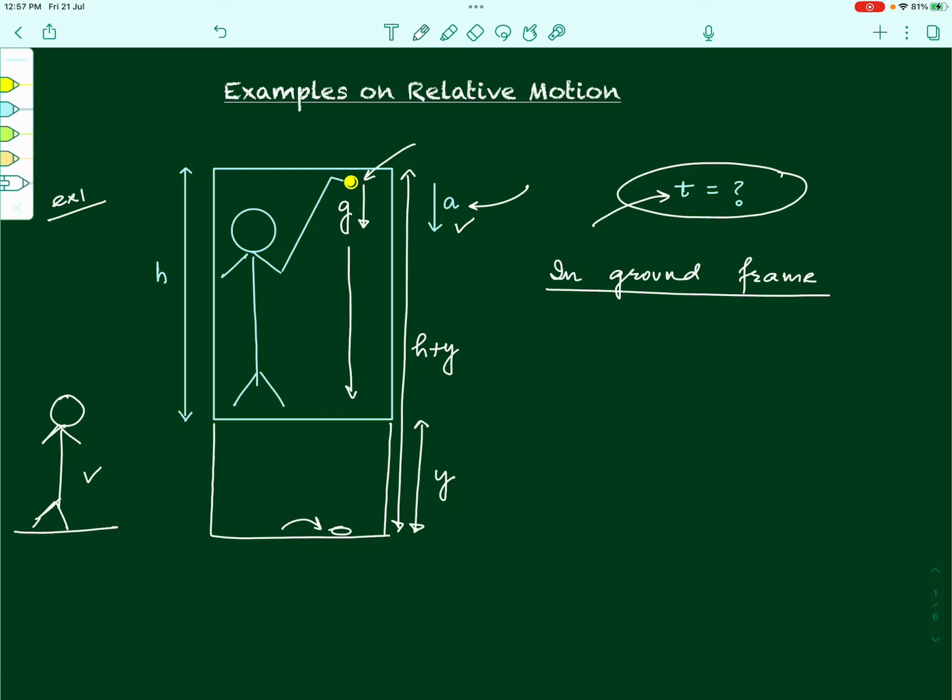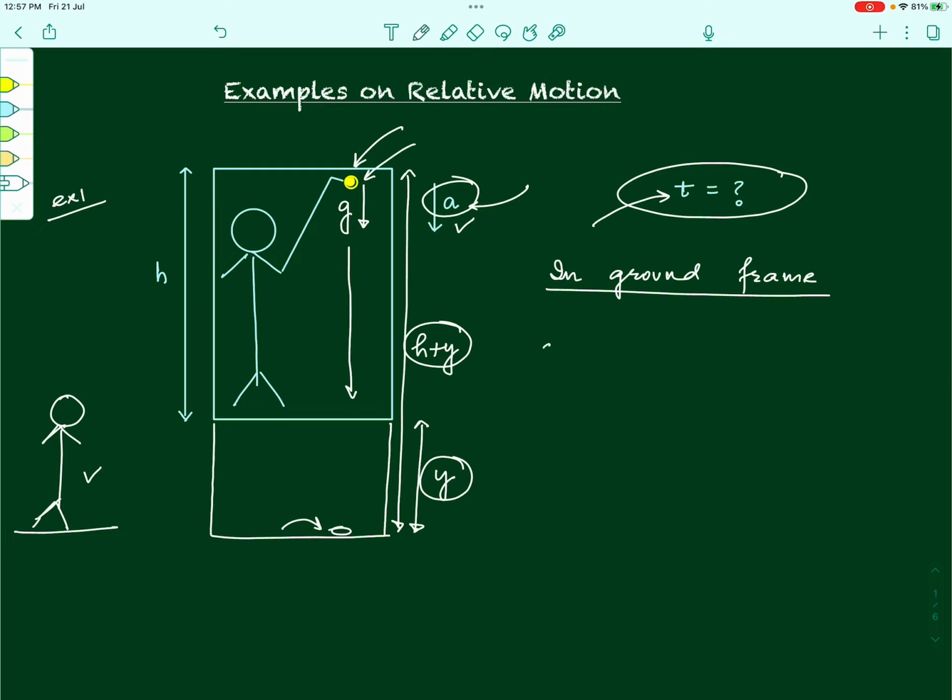So, the condition that we can use here would be that the time t in which this coin, which is falling down with an acceleration due to gravity g, travels a distance of h plus y, in the same time the elevator goes down a distance y while it is moving with an acceleration a, and we can form equations corresponding to this, right. So, in the ground frame, that means as seen by a person standing on the ground,